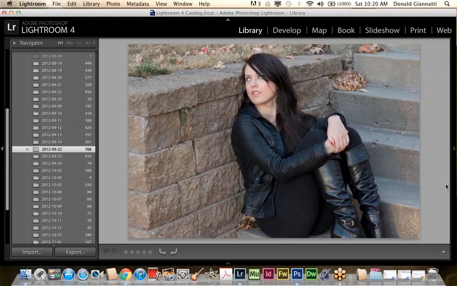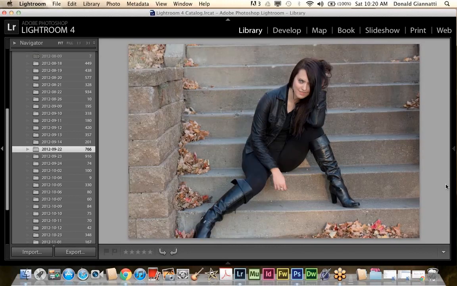Now let's look at this pose right here. One of the things that you have to watch out for when you have people sitting are their knees coming directly at you and their arms coming directly at you, like somebody reaching out and pointing at you. If you do that, you're going to shorten the arm. I mean, we're taking a three-dimensional object and turning it two-dimensional. Therefore, if the arm's pointing right at you, it's going to look two-dimensional, and it looks short and stumpy,